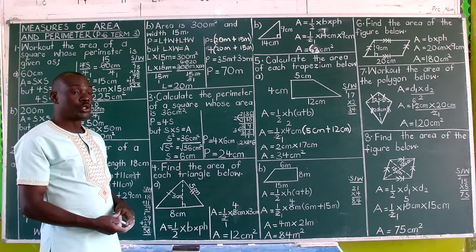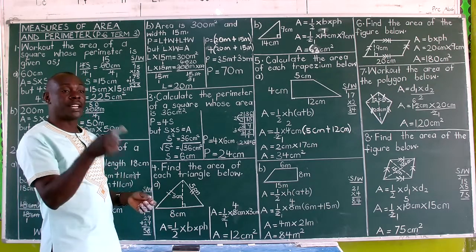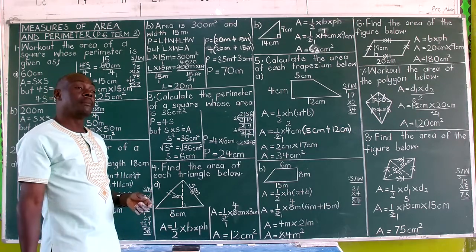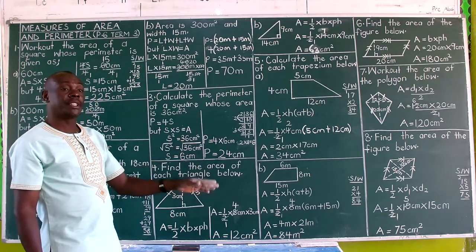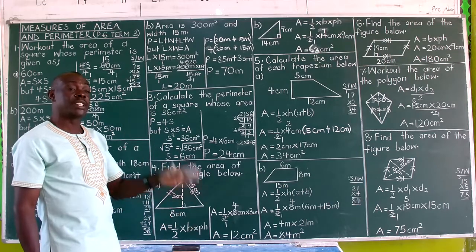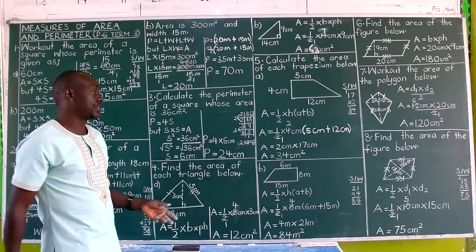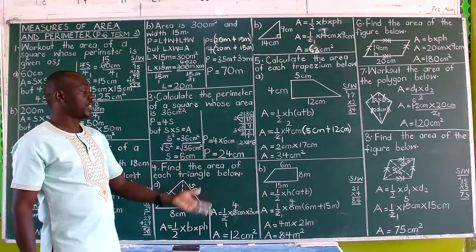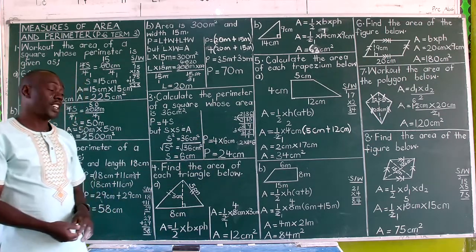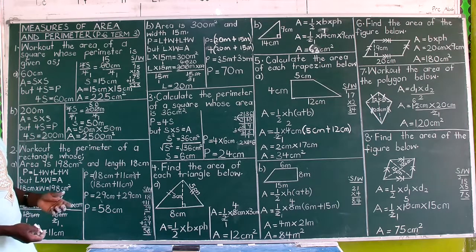You have freedom to add around and say perimeter is equal to side plus side plus side plus side. Remember, all sides of the square are equal. So you say perimeter is equal to 6 centimeters plus 6 centimeters plus 6 centimeters plus 6 centimeters. That's 4 times, which is why we simplify as 4 times 6 centimeters and get 24 centimeters. Even if you just add it, you get the same.